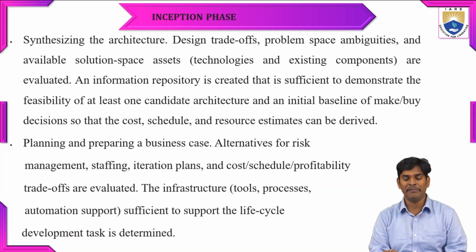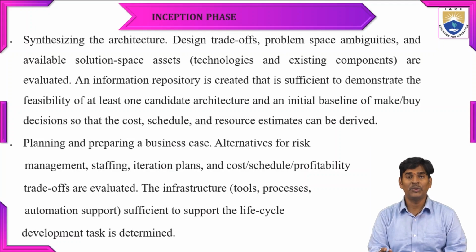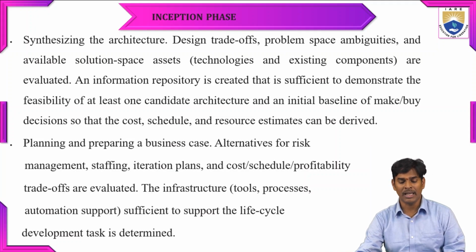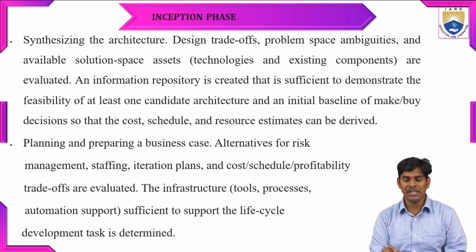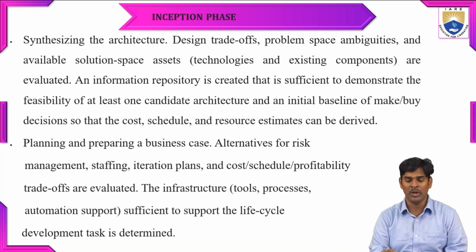And staffing: if any problem occurs, if you're not taking good staff while hiring people, then they may have some risk. So they need to check what the alternatives for staffing are, and the iterations plan. If any problems are faced during the project, they need to check what the plans are, whether they need to have iteration plans or